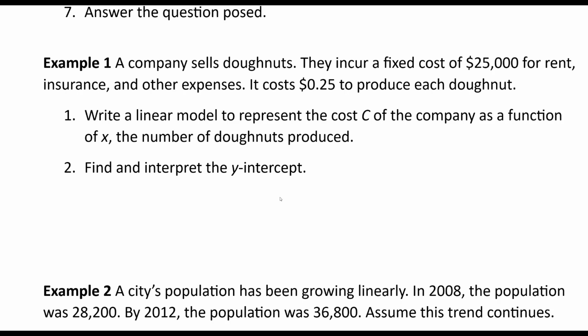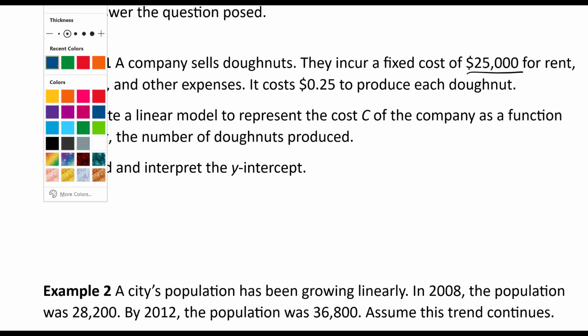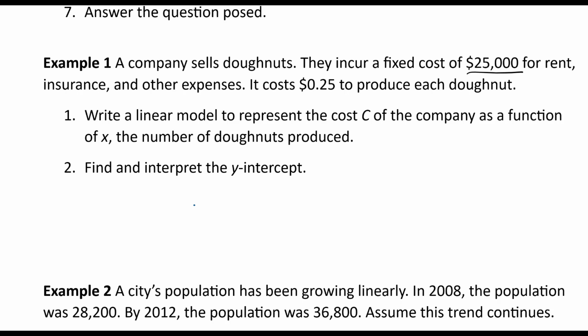A company sells donuts. They incur a fixed cost of $25,000 for rent, insurance, and other expenses. I say exponents, my mind is on math. It costs 25 cents to produce each donut. So write a linear model to represent the cost C of the company as a function of x, the number of donuts produced. So cost in terms of x donuts, we have that $25,000 fixed cost